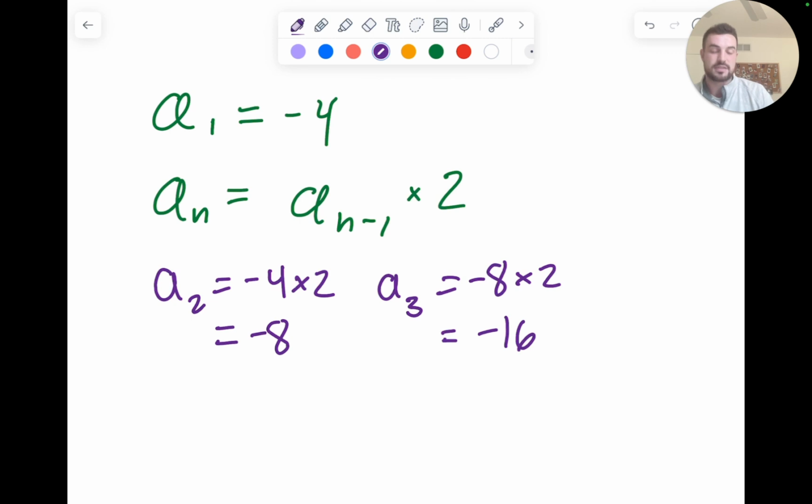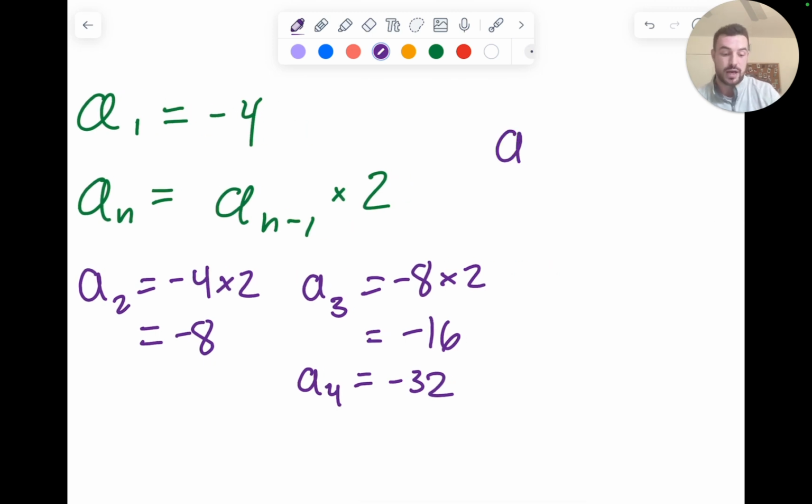which is -16. The more we practice, the better we'll get, and eventually I can simplify some of the work. I would take -16, that's a term right before it, and multiply by 2, that is -32. Again, this is the benefit of the recursive formula. If I asked you to list the terms, you would be applying this pattern in your head as is, as opposed to using our explicit formula